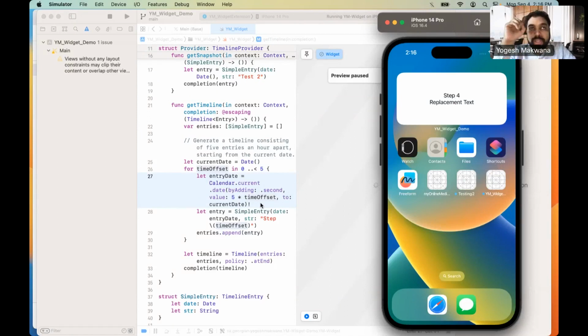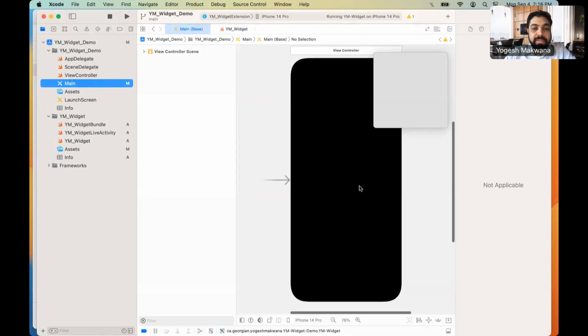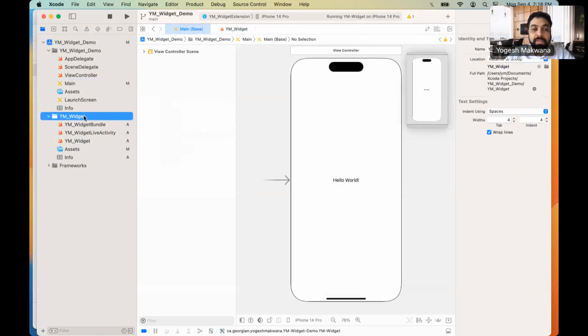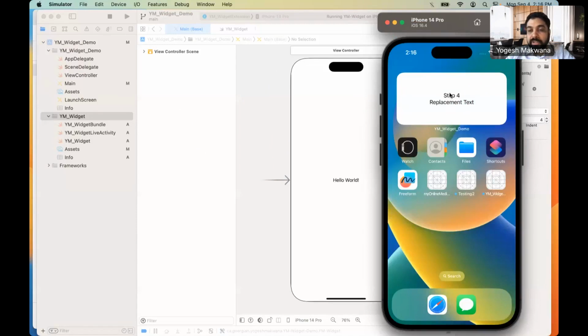So let's do a recap. What we did was we started with a very simple app. All it does is it has this. You could have a very complex app. The rest of it won't change. Then what we did was we added the widget, and we've already figured out where this text of the widget is being built, where the description is, and what this timeline is, and how to leverage it, how to use it to our benefit. Okay,